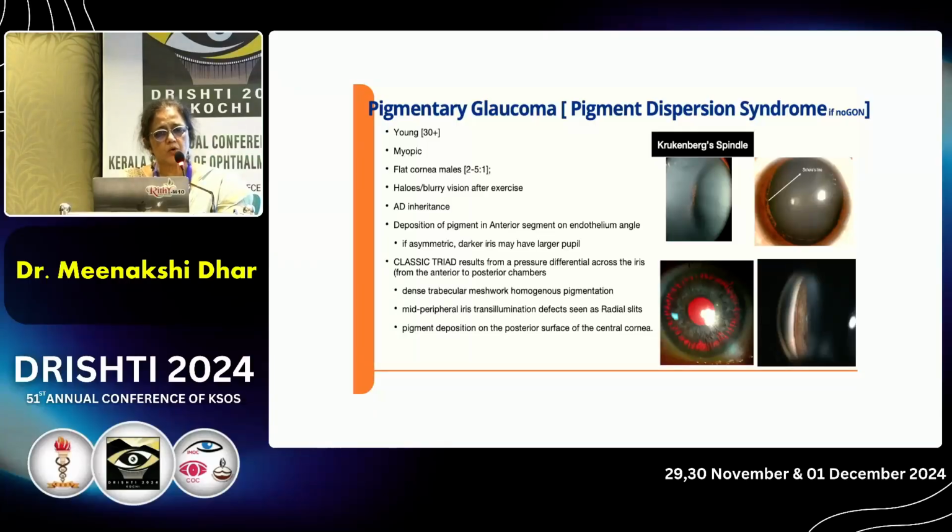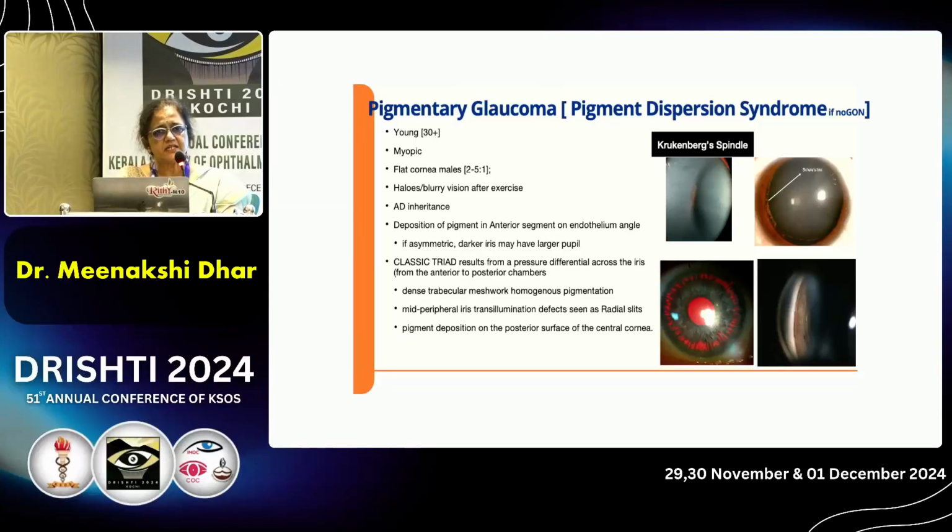Patients are more often male, and these patients have a slightly flatter cornea, and patients may complain of halos or blurry vision immediately after exercise. There is an autosomal dominant inheritance to it. The deposition of pigment in the anterior segment on the endothelium and angle may be seen, and it may lead to a slightly larger pupil. So the classical triad that you have is the dense trabecular meshwork homogeneous pigmentation, and this is